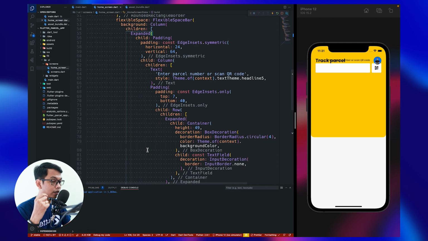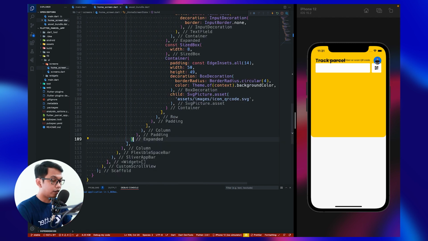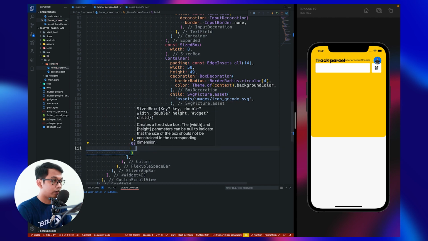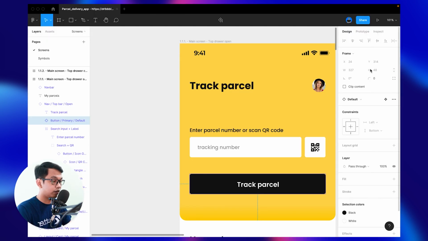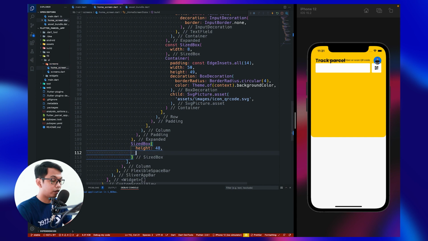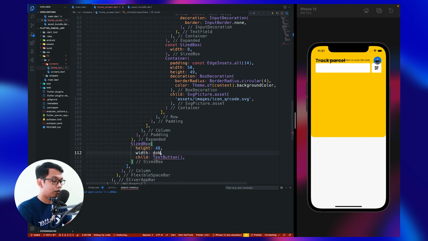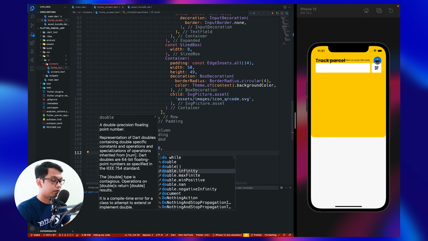Inside our column widget, I think here we use size box, and for the height it's 48, and for the child we use a text button, and for the width we use double dot infinity.